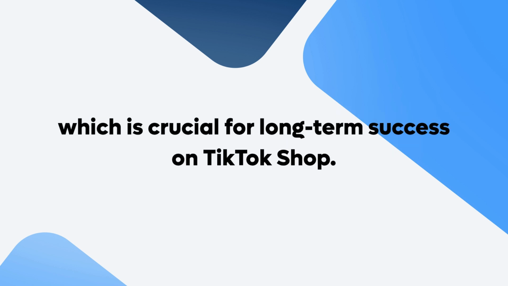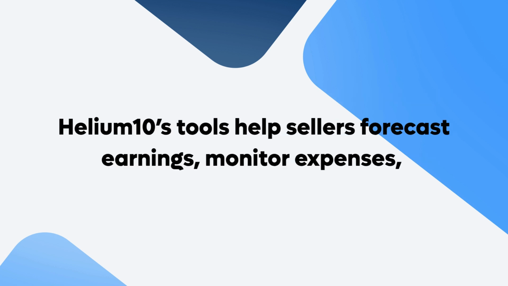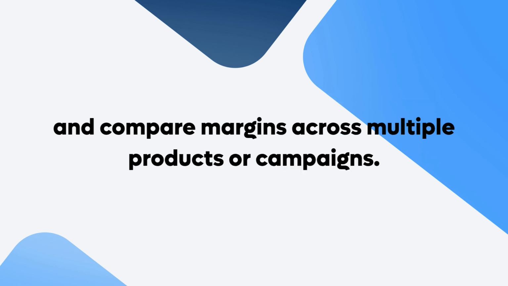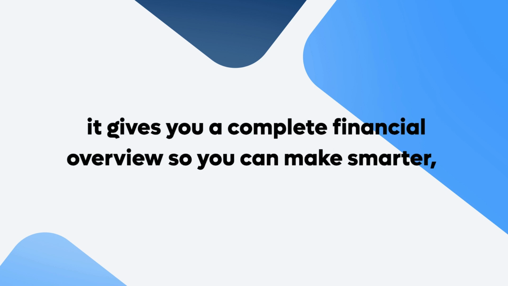on TikTok Shop. Many sellers rely on Helium 10 as their go-to profitability calculator because it provides detailed financial breakdowns and real-time profit tracking. Helium 10's tools help sellers forecast earnings, monitor expenses, and compare margins across multiple products or campaigns. When paired with TikTok Shop Analytics, it gives you a complete financial overview so you can make smarter, more